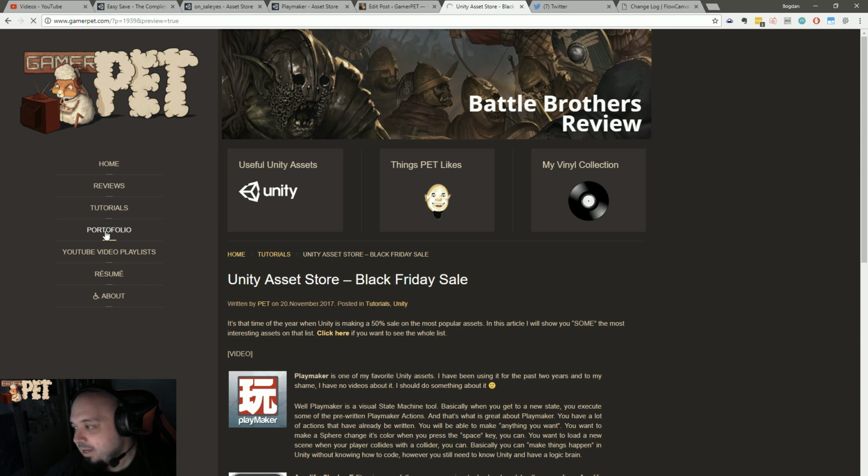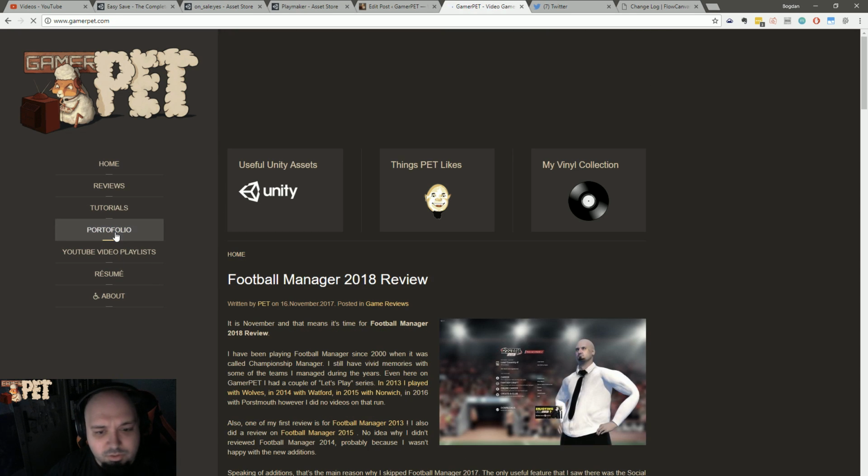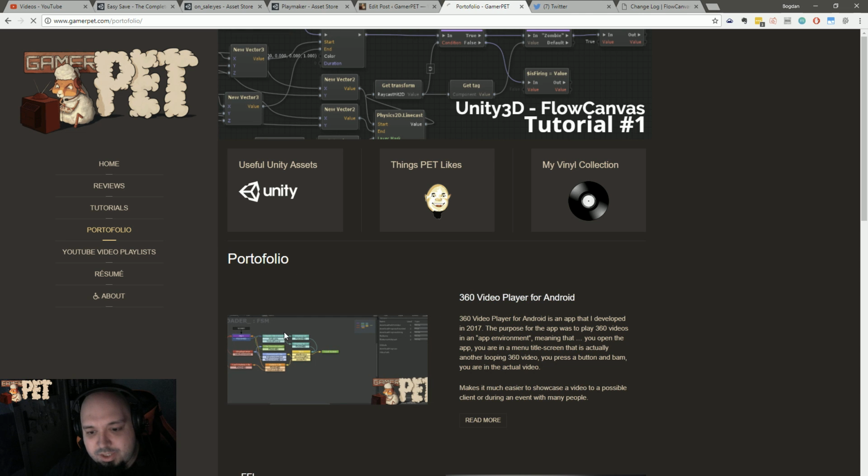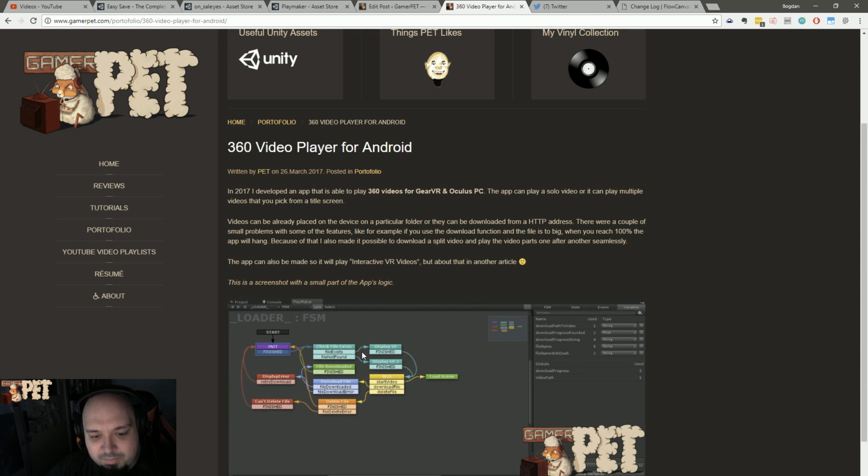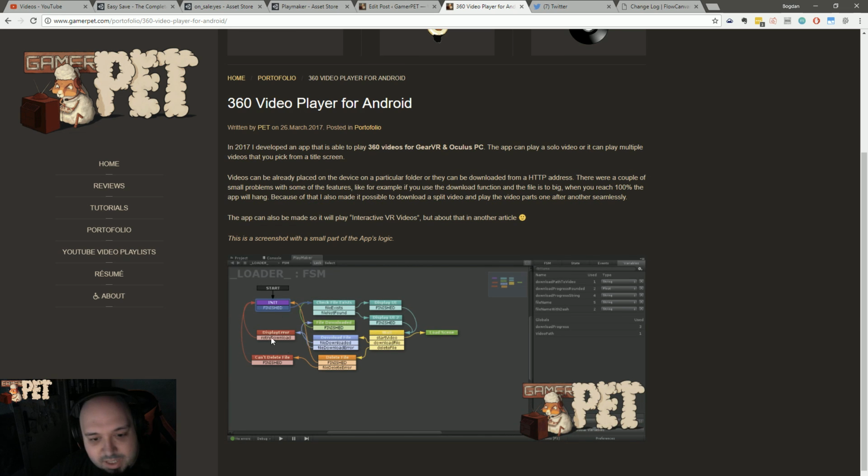Let's actually go to my portfolio real fast. It's just a small screenshot, but basically this is how it looks. It's a really small logic for a loader. Basically it loads, it's checking if a file exists. If not, it's displaying one button. If it exists, it's displaying a play button basically, and then it's going to wait for you to click one